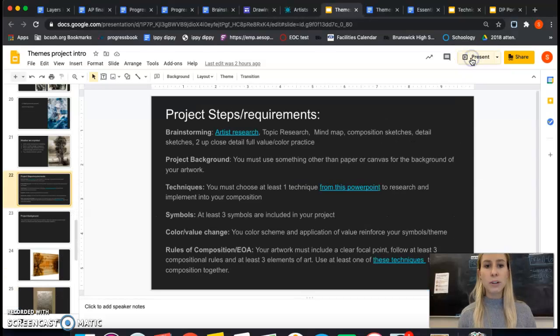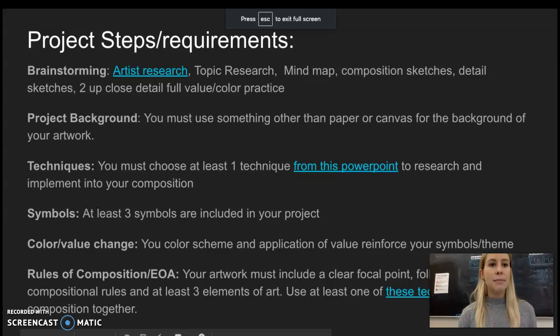All right, so just a couple more things here to mention. Here are the project steps and requirements. So hopefully at this point you have a pretty good idea of what symbolism is and how you can apply it into your artwork. The first thing we're going to be working on next is starting to brainstorm. So underneath this, on your notes, there's a section to